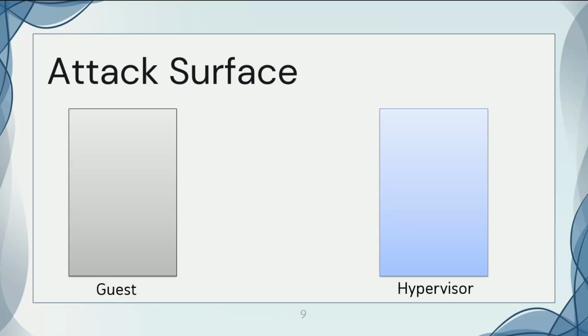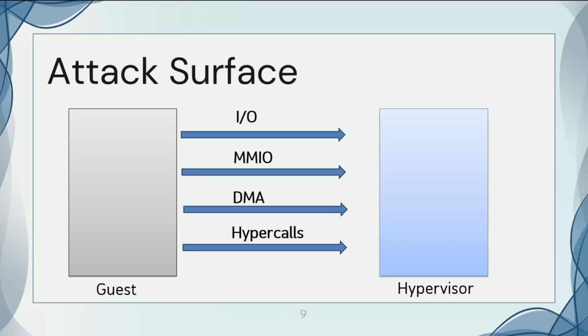Whenever the guest performs a privileged instruction, which happens quite a lot when using a guest operating system, and these instructions include I/O instructions, accessing memory mapped I/O, triggering DMA, or making a hypercall,